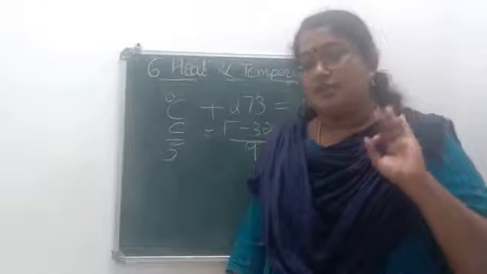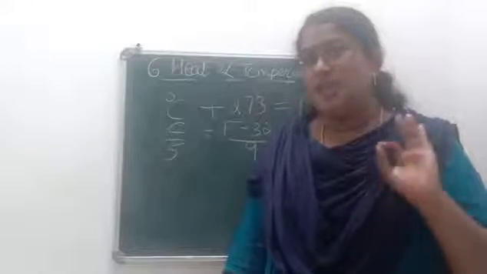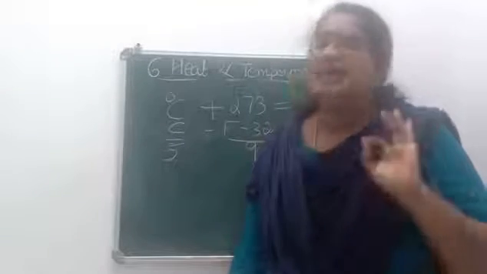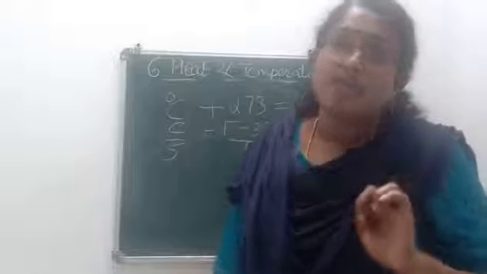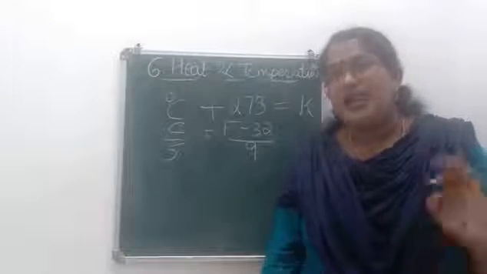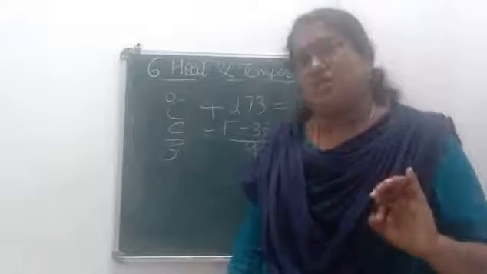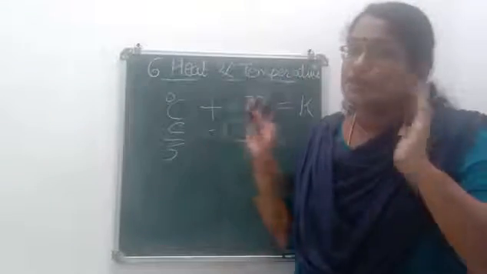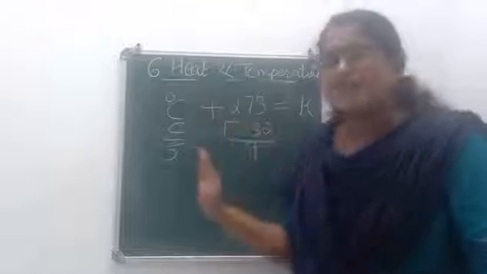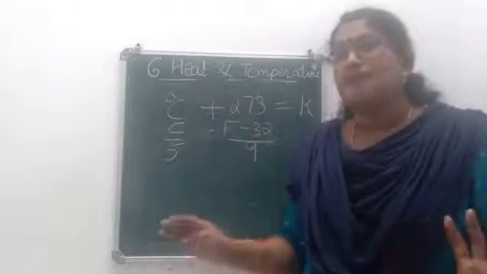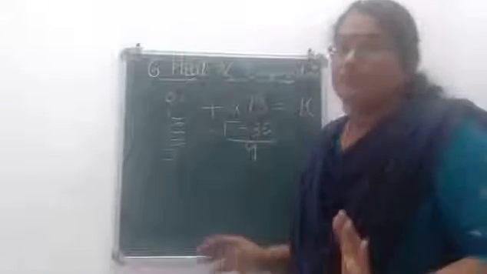Now, the particular temperature at which the entire molecular motion ceases or stops can be called absolute zero or 0 Kelvin, and this will be equal to minus 273 degree Celsius. About the conversion, degree Celsius to Kelvin means just add 273. Then between Celsius and Fahrenheit, C by 5 is equal to F minus 32 by 9.